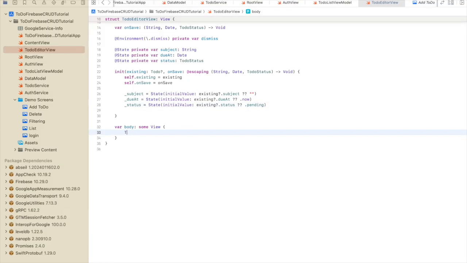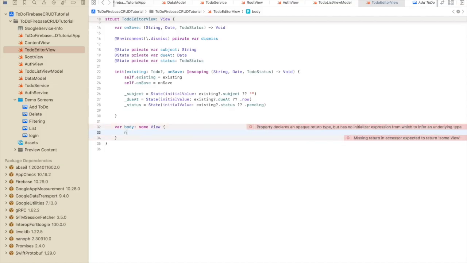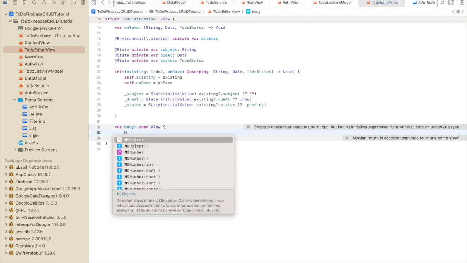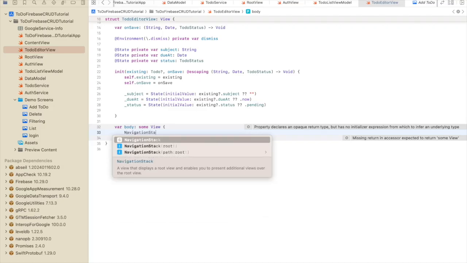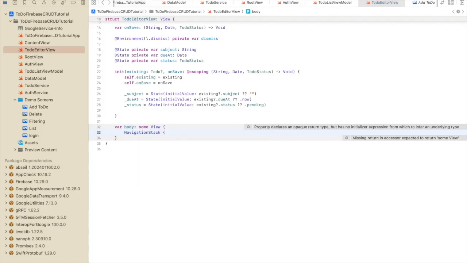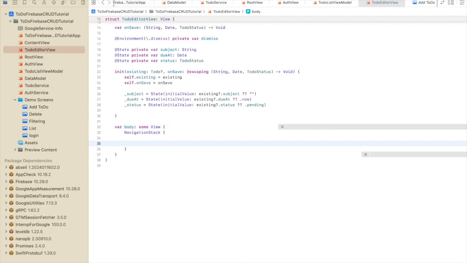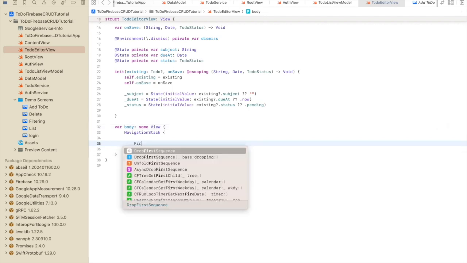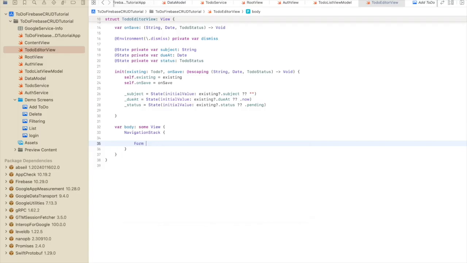So delete line 33 and then add our new navigation stack. Navigation stack. A form. Our form will contain the following elements such as a text field, to capture the subject of the to-do,